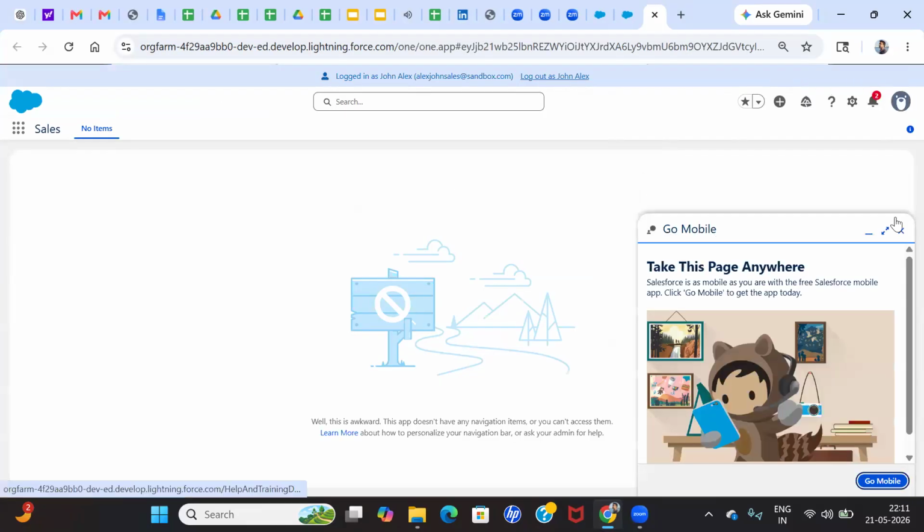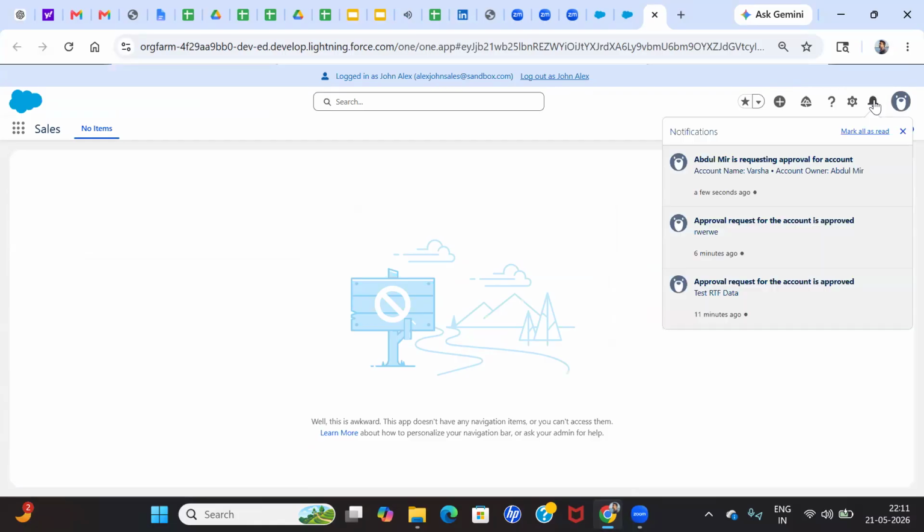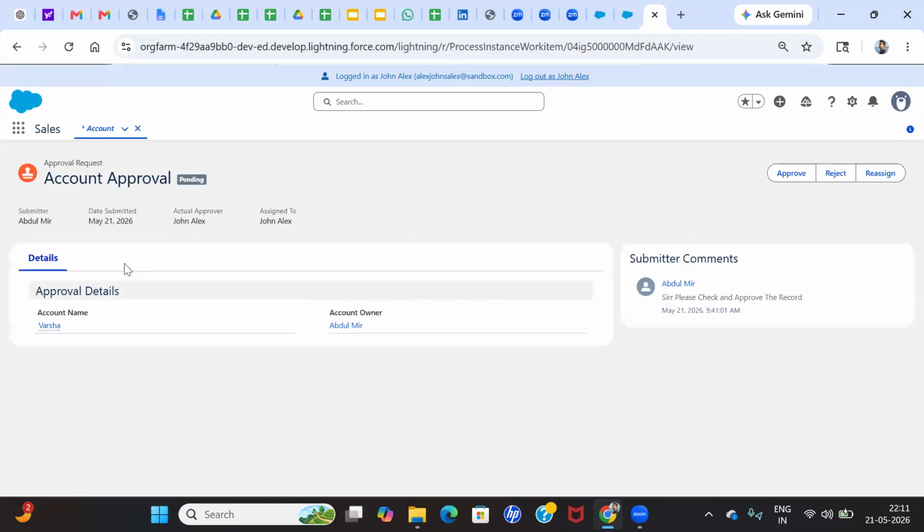Now he can see the notification. If he clicks, the account name is Varsha, and who created it? Abdul Mir, right. Instead of Mir Abdul, you can think Bhargavi. Bhargavi created a record on Varsha's account. If I click the record, he can see all the details. Yes, Varsha has given 55,000. Click approve. If I click approve,